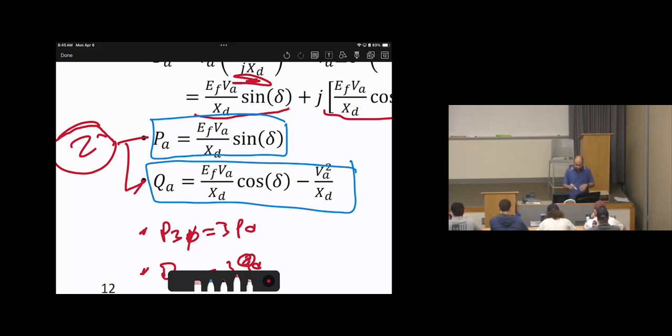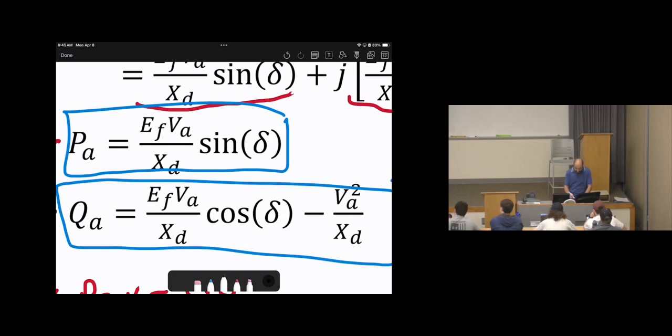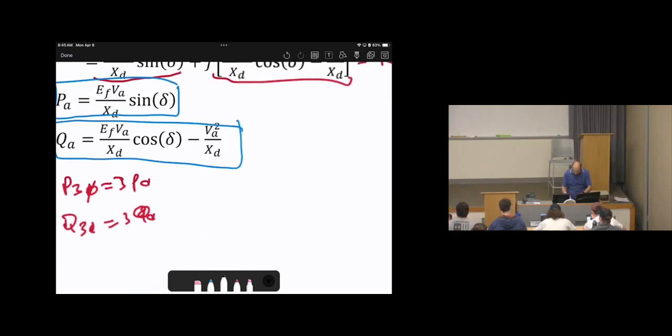So as a result, we can say EF VA over XD sine delta. Again, if you use method number 1 or method 2, they should give the same answer. There's no problem with that. And you can notice this when you look at the real power. You will see that EF is fixed most likely, VA is fixed, XD is fixed, right? VA is the voltage, fixed. XD is the material property, which is fixed. EF, the electromotive force, most likely will be fixed. The only changing parameter is delta. So we can say PA will be a constant